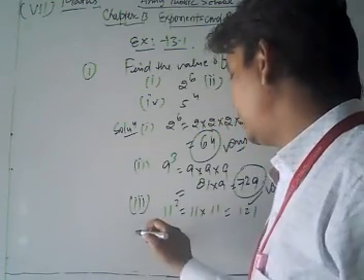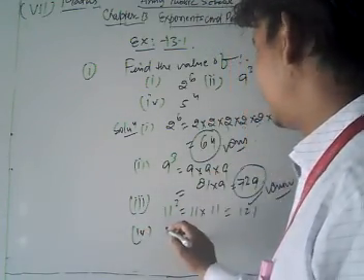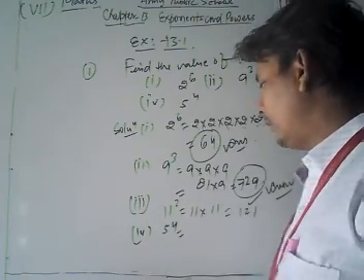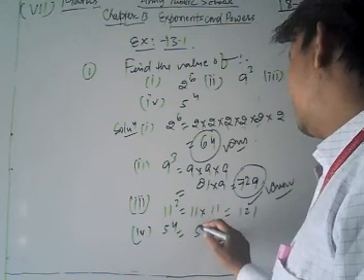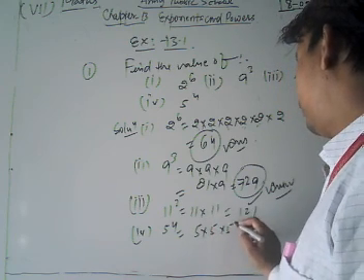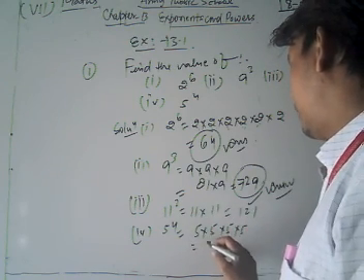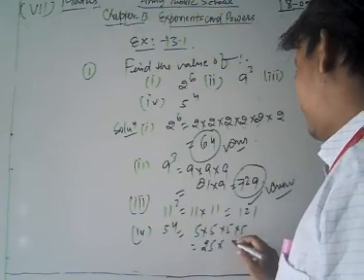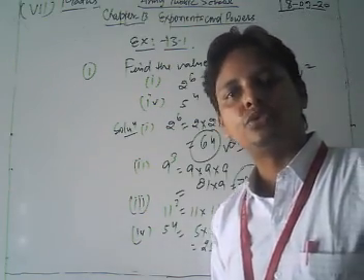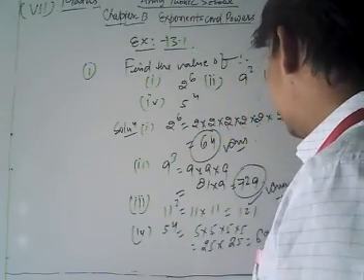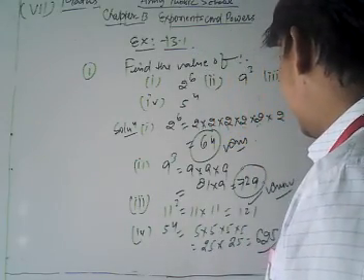Similarly, we take and solve the fourth part of this question. Here, 5 to the power 4. So we can write 5 four times, that is 5 into 5 into 5 into 5. 5 fives are 25, into 5 fives are 25. So we get 25 into 25, which is 625. This is our final answer.